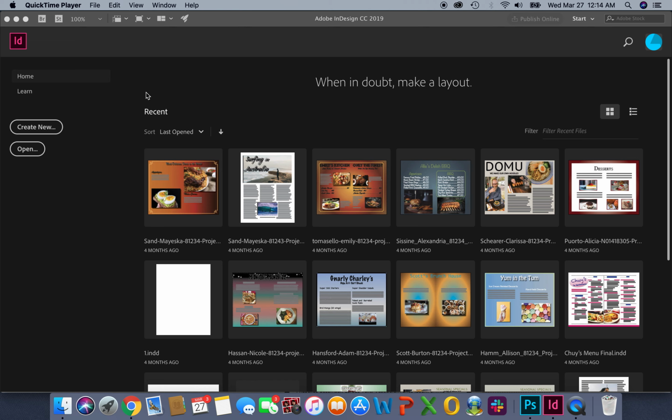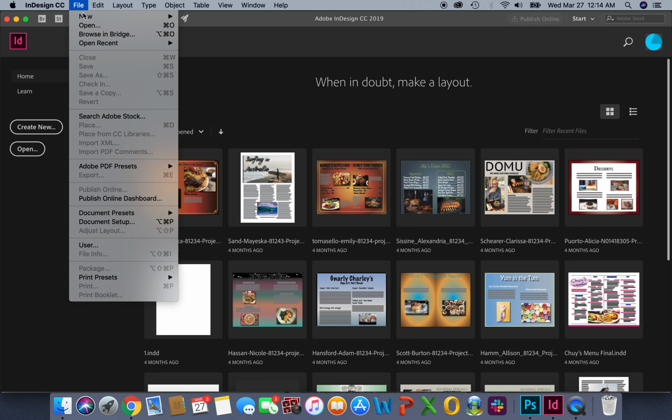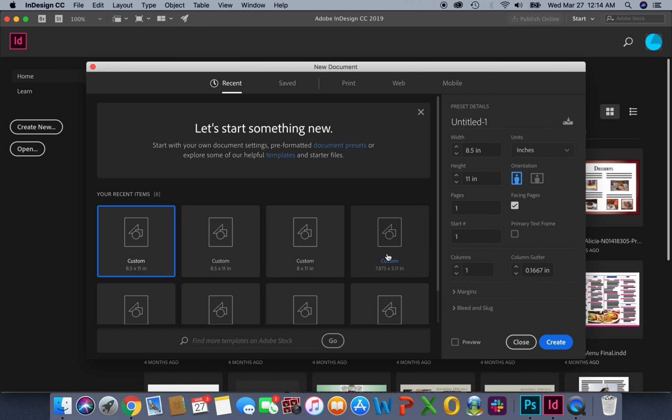I'm going to walk you through setting up a two-page magazine spread for your project for assignment and just getting the document formatted the way you need it to be formatted. So, for this tutorial, we can do one of two things. We can click Create New or File New Document. For this one, I'm just going to go to File New Document, and